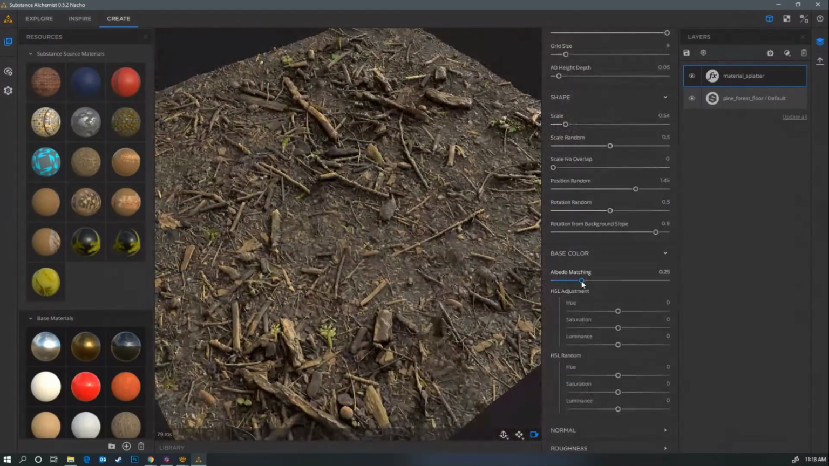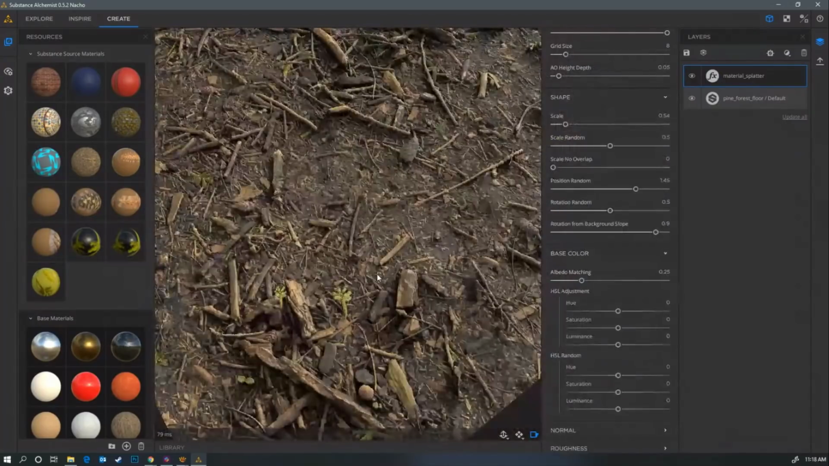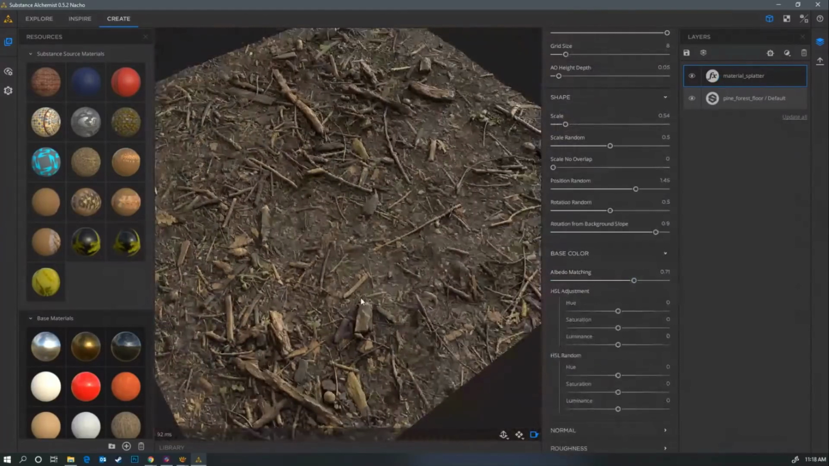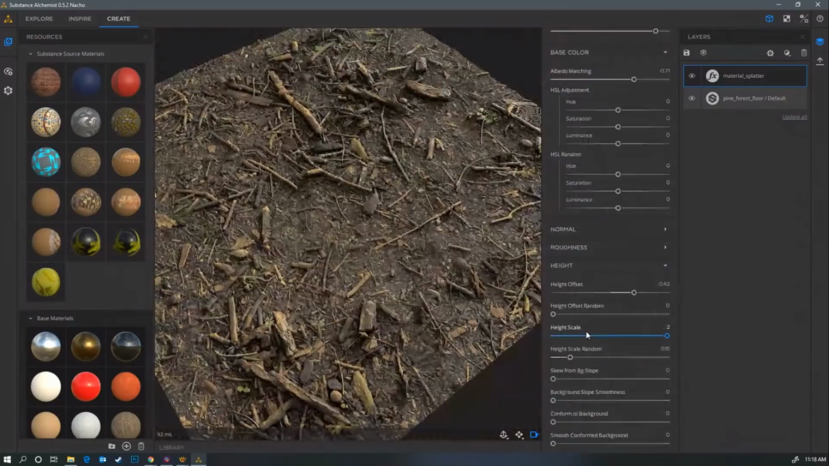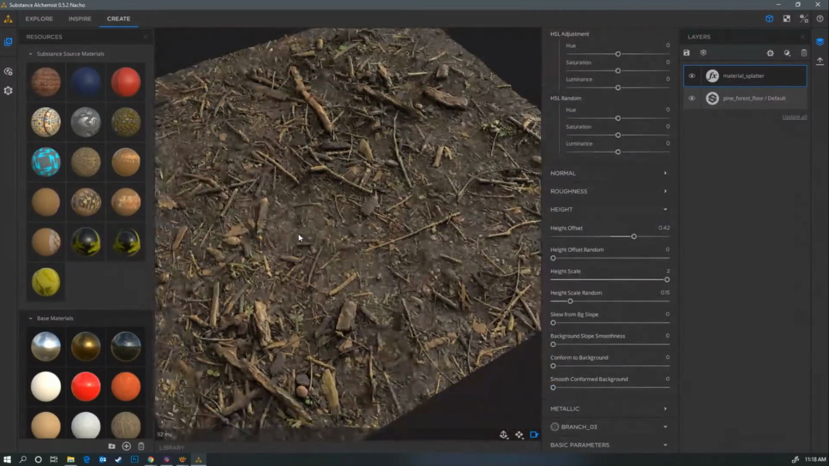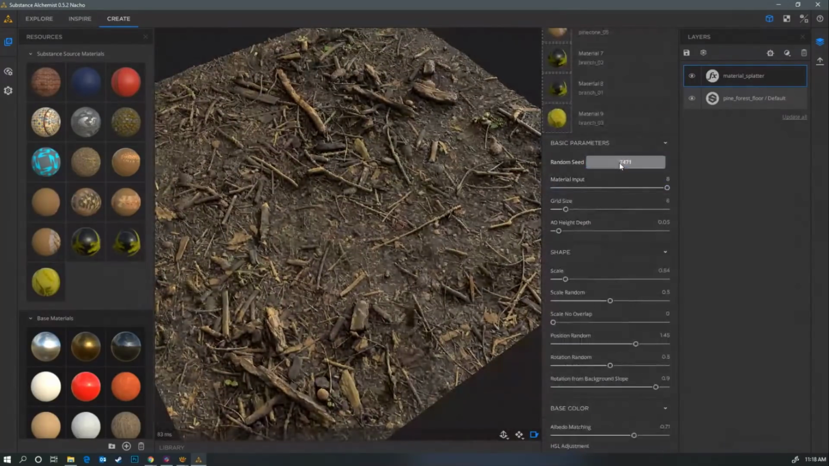In the base color, I can also match it a little bit because those green leaves kind of stand out a bit. So I can go ahead and do a little bit of matching so that they fit better with the background. And then we have lots of options to make them conform to the background and all sorts of cool stuff. So this is really cool. It just allows you to add all these small details and all that life to the scan material in the